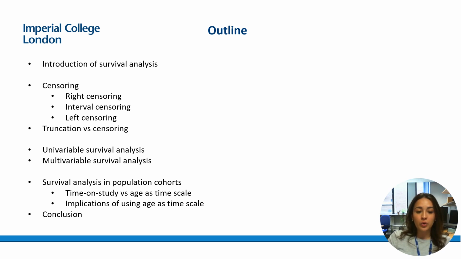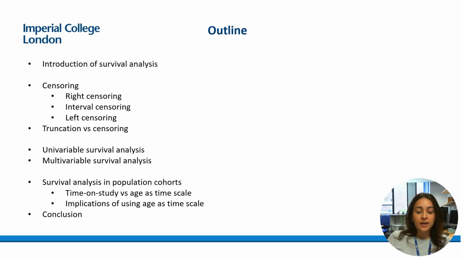As well, I will go through univariable survival analysis, so this is without adjusting for anything, and then multivariable survival analysis that we use when we want to adjust for different covariates in more complex analysis. I'll then give you a few examples of survival analysis that is conducted in population cohorts,